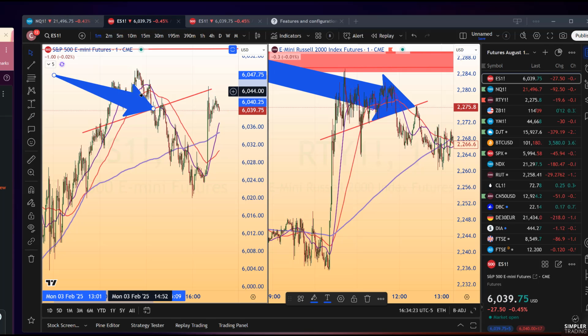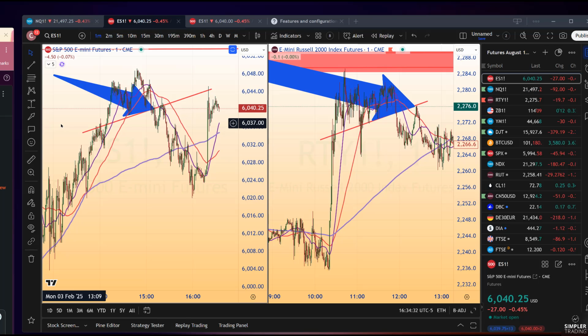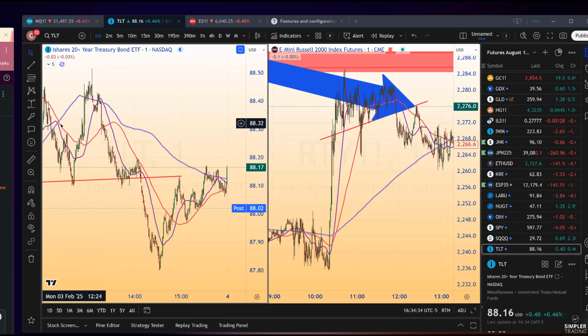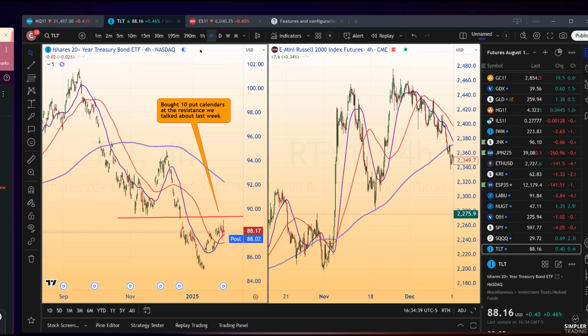So we're going to stay with that tomorrow of the day trading and trying not to overanalyze anything. But I will tell you we're coming in the short the TLT. Now, why? Because the TLT had the same kind of thing. What do I mean by that? It rallied here,